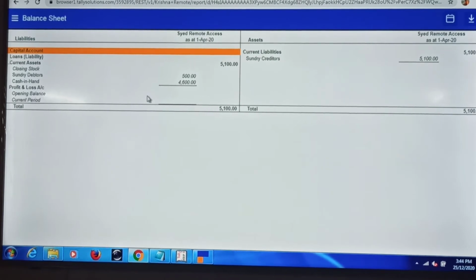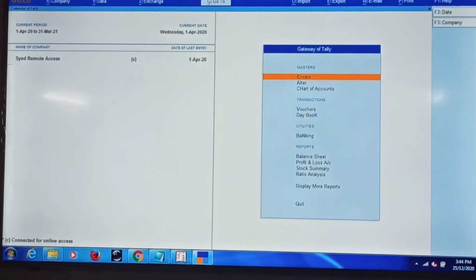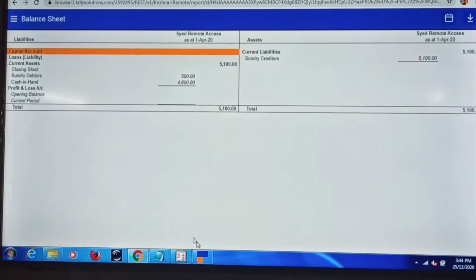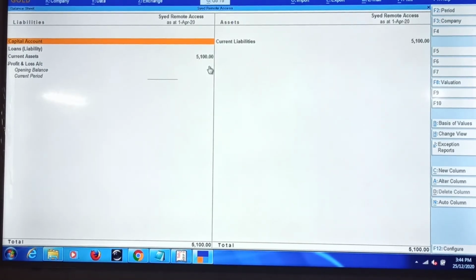As I have given the company name alias as Krishna Company and my company name as Syed Remote Access. As you can see the report, I have used the balance sheet. I can see my balance sheet in my Tally as well as in my browser. It remains the same.